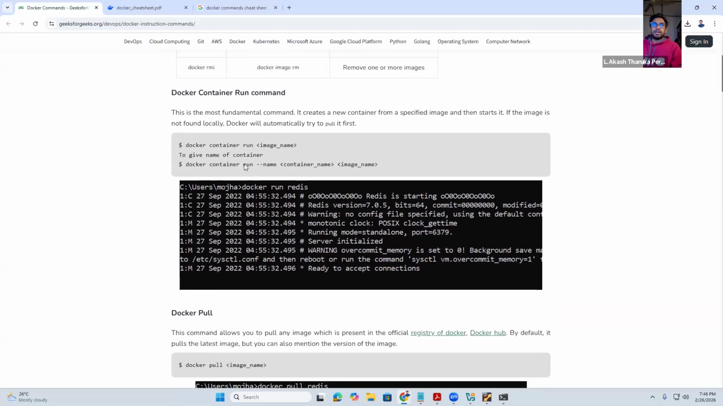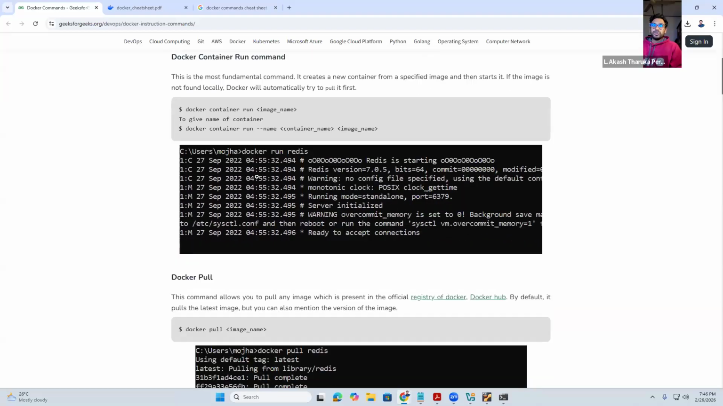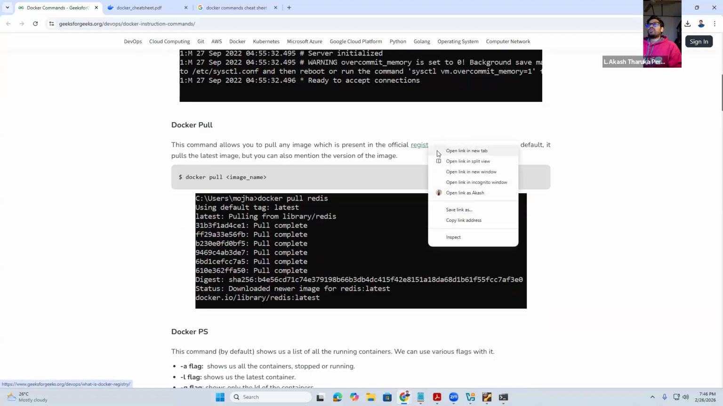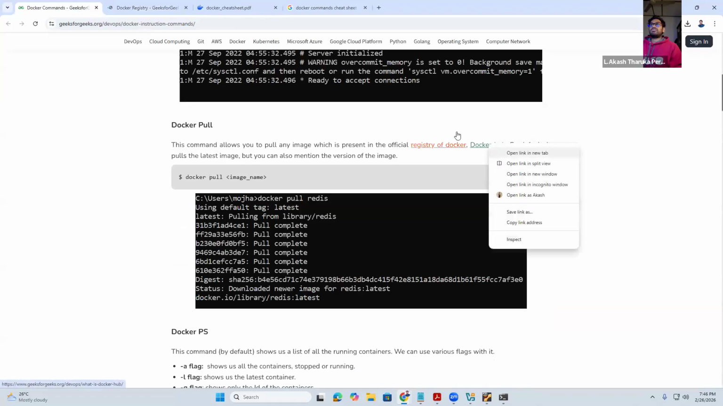Then the Docker container run command. Basically, it will run the image as I told you. And then Docker pull, where this command allows you to pull any image which is present in the official registry of Docker, or Docker Hub. By default, it pulls the latest image, but you can use tags if you want to pull a custom version. So if you go to the Docker registry or Docker Hub,